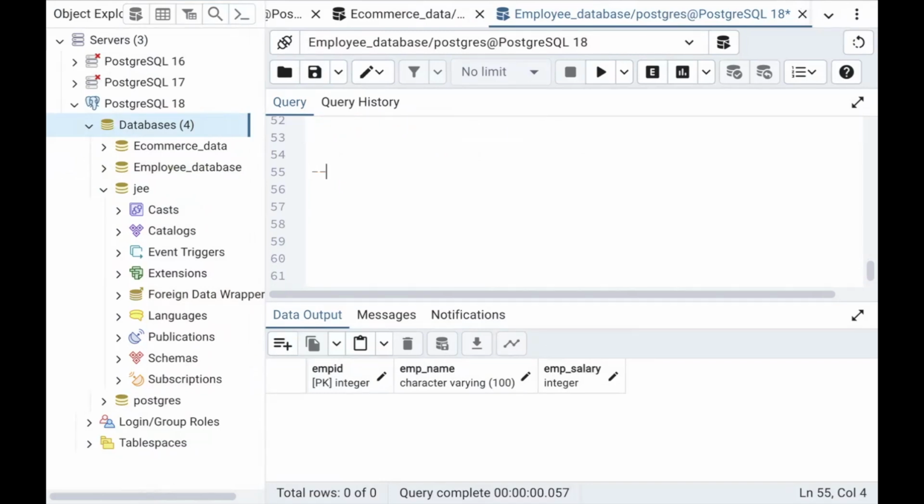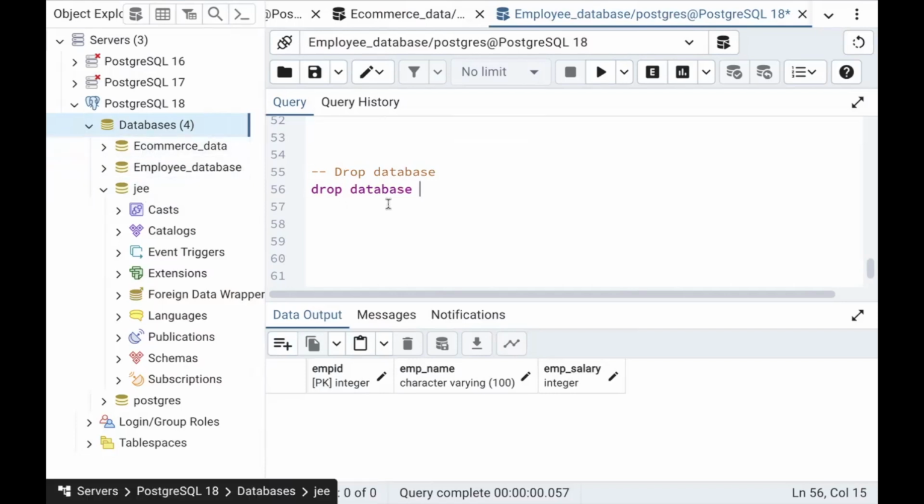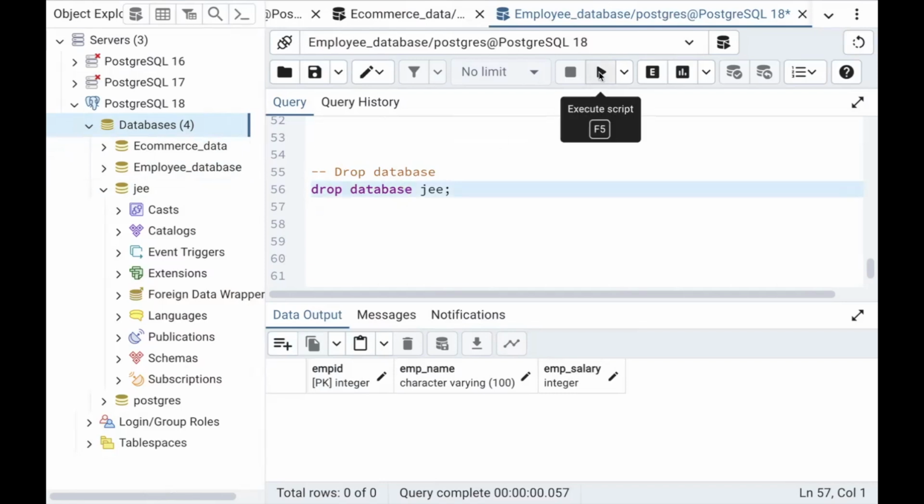Second way, you know how to remove a database in a second way? Very simple. So how to drop a database? Just use drop database and you just need to mention the database name. So let's say I just want to drop this G database, which I have created, or you can also try with the employee database as well. So I'm just trying to drop this G database.